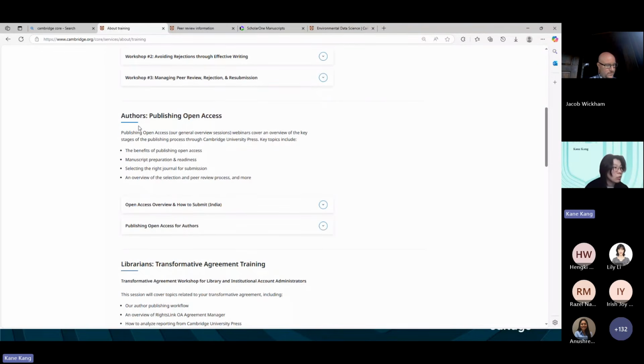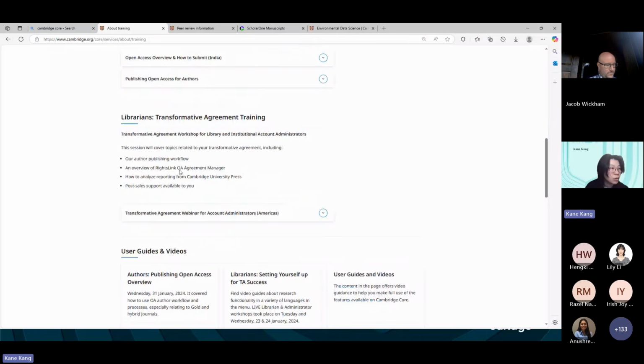We also have sessions on open access, and sessions on transformative agreements.